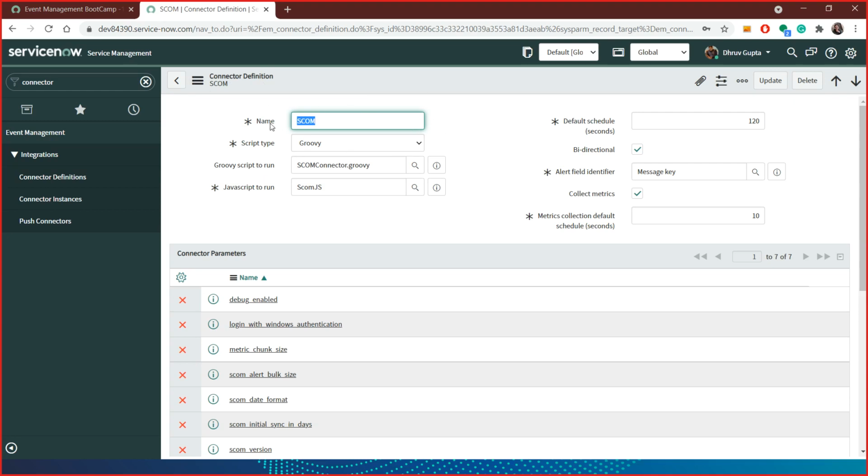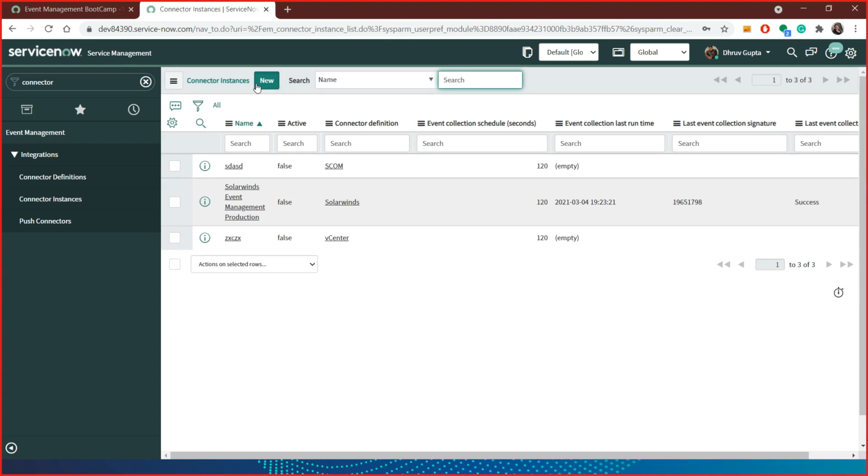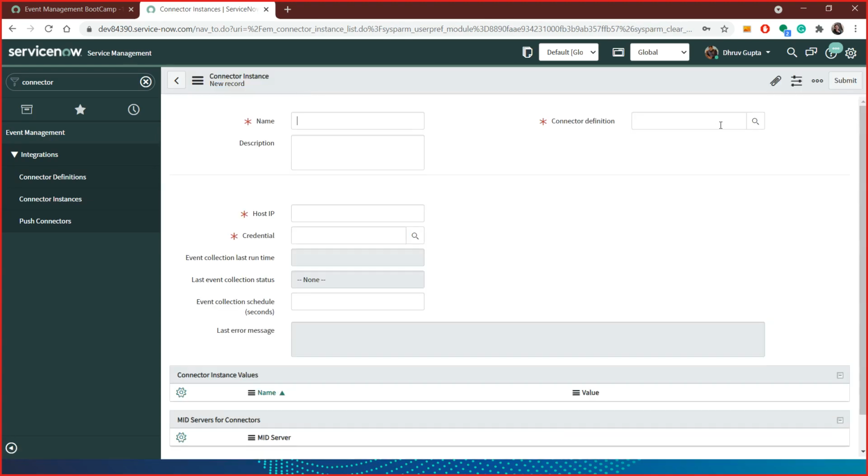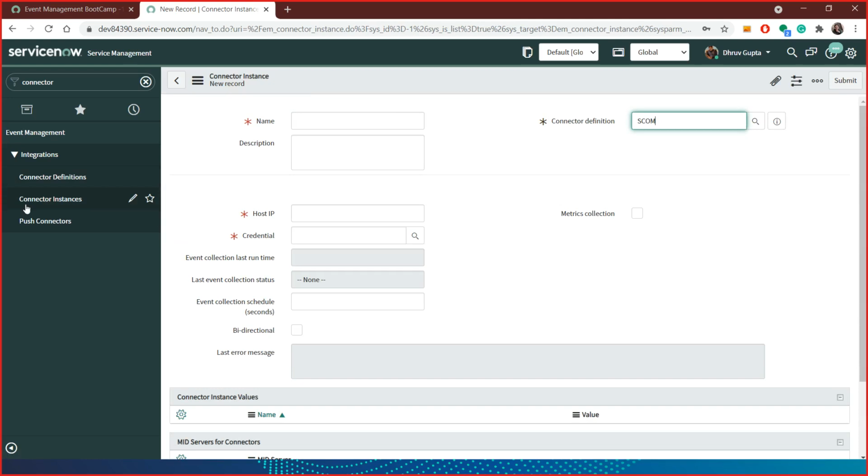If in my environment I want to set up SCOM as a source, to fetch events from SCOM, I'll go to connector instance, create new, select the connector definition, and provide the required info. Connector definition is like a class and connector instance is like an object, an instance of that class. Here you will specify the IP and credentials specific to your instance, but all the configuration would be used out of the box.